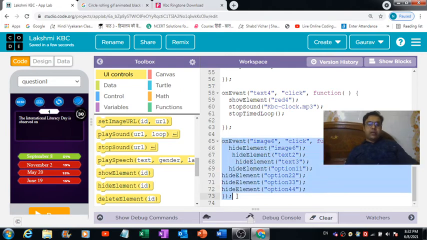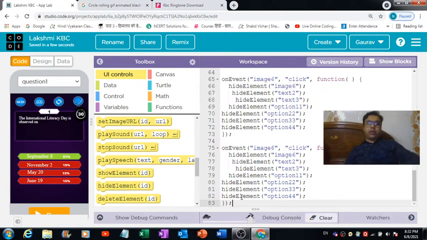Now let's copy this entire thing and I am putting it over here, replacing it with the image button. What is the ID of this button? It is image 7. So when the user will hit this image 7, what should happen? Image 7 should disappear and all these elements should be visible to the user who is playing the game.